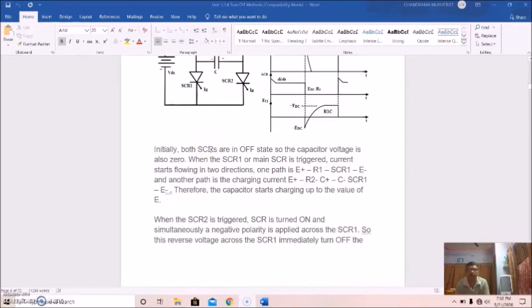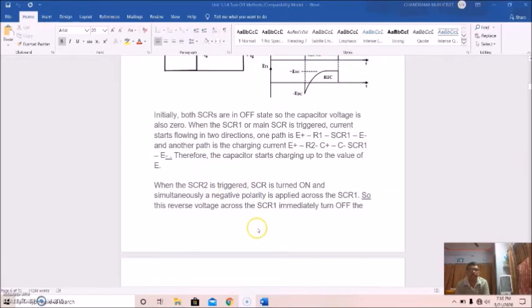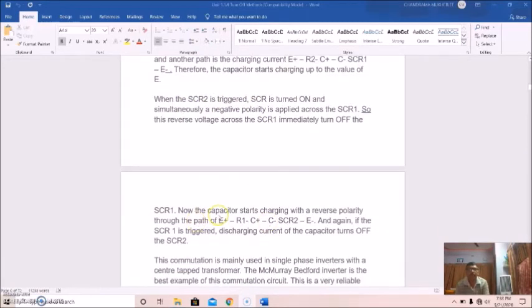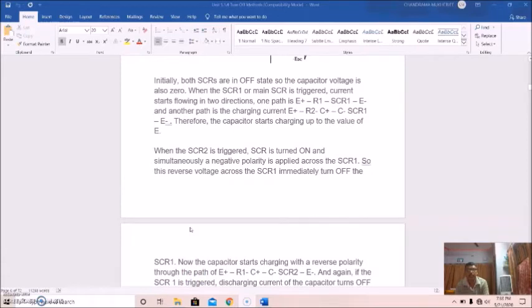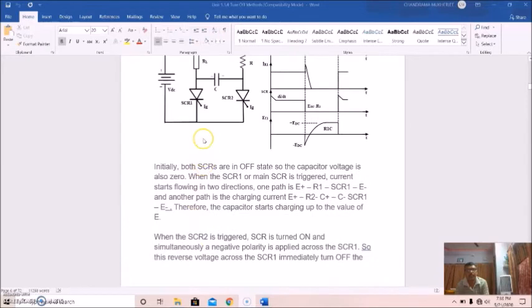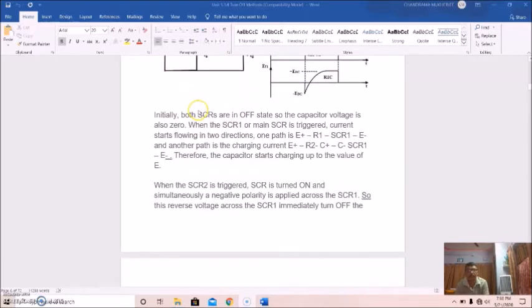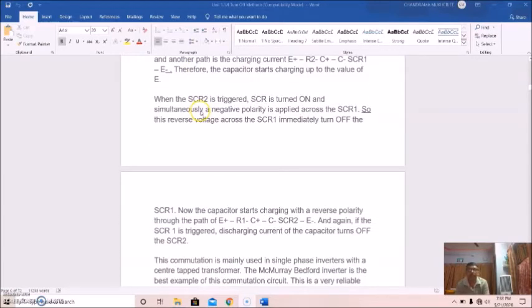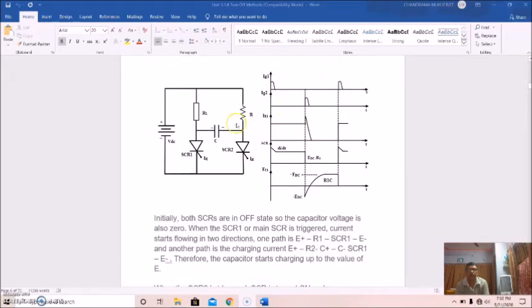It will turn off. So as a result, what will happen? Now the capacitor starts charging with reverse polarity through this path: E positive, then load, then C positive, C negative, and thyristor 2, then this one. Okay, and again, if SCR1 is triggered, so discharging current of the capacitor